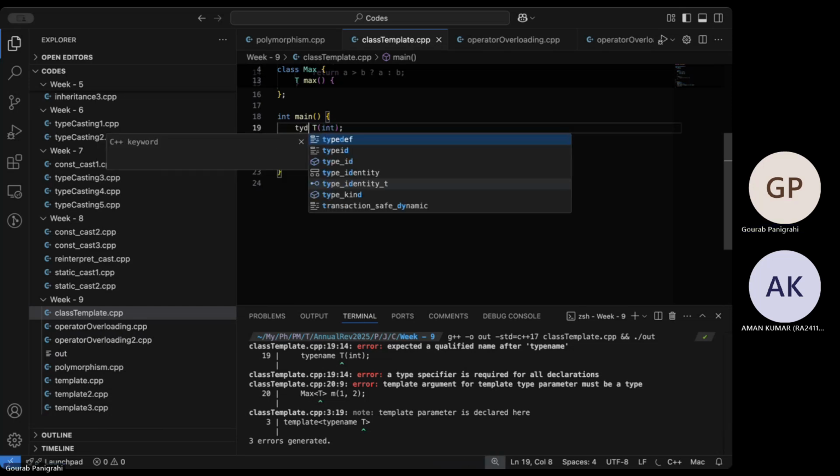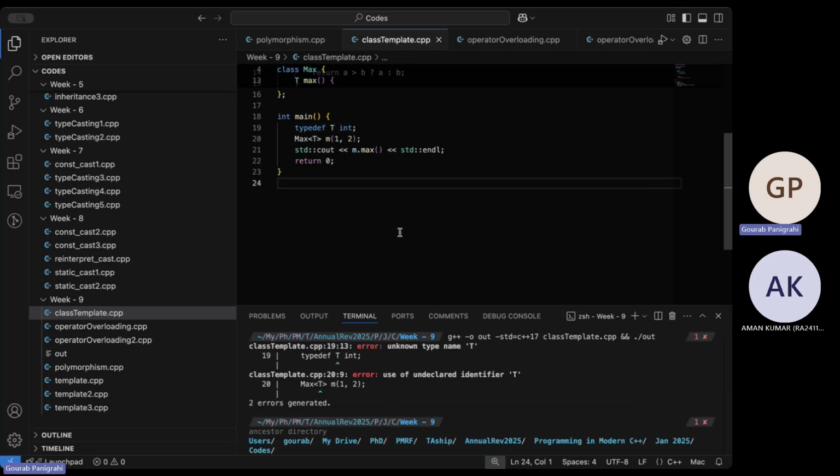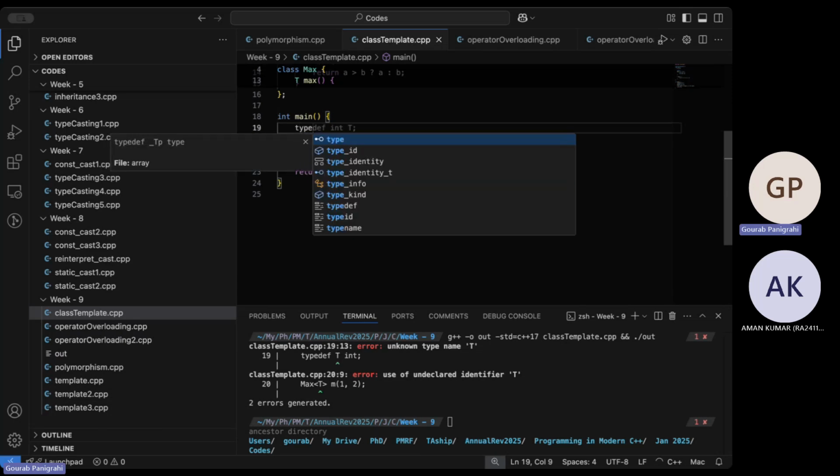Type maybe. Yeah, this should be fine. I'll probably not get an error. Unknown type T. Yeah, that's the thing. So here, that will be type name.